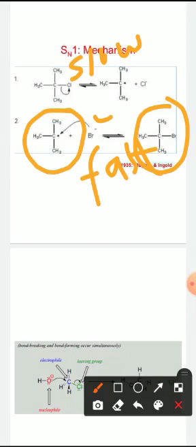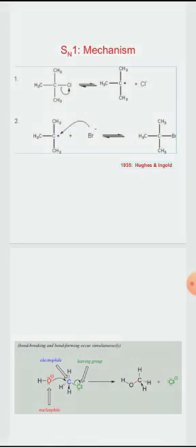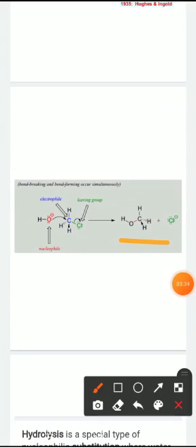The nucleophile should be strong for SN2 types of reactions, because this type of reaction proceeds on the strength of the nucleophile. A strong nucleophile will drive SN2 types of reactions. When the nucleophile attacks the electrophilic carbon, the leaving group leaves and we gain a product. You can see here. Okay, next, our last topic is hydrolysis.